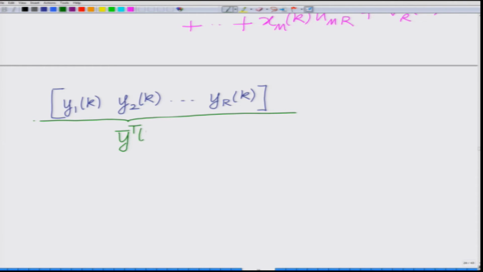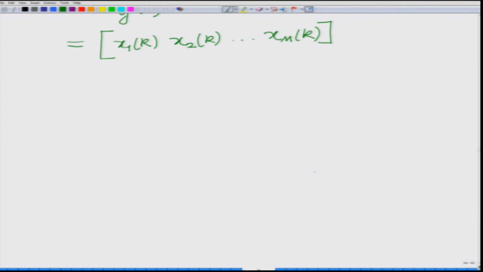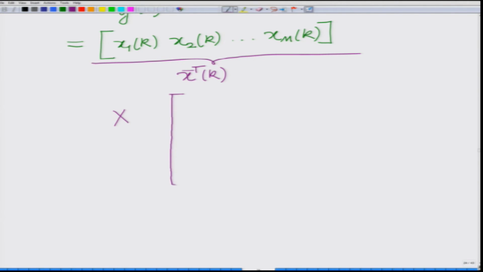This is equal to x1k, x2k, so on up to xmk. This is the transmit vector x bar transpose k, where x bar k is the transmit vector at time instant k, times the product